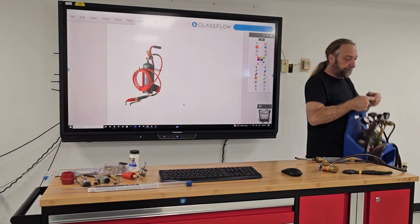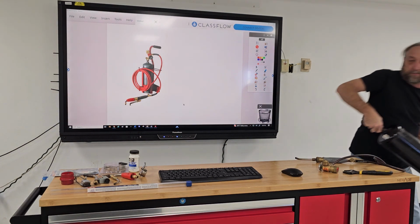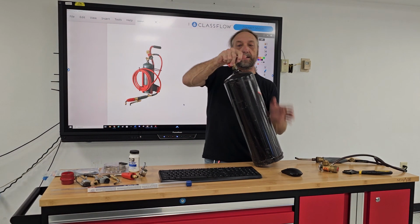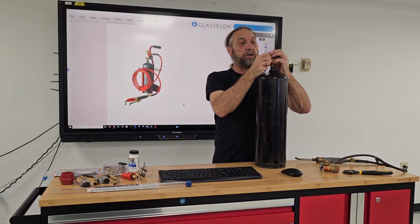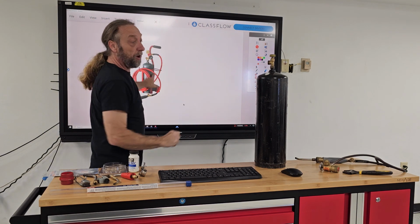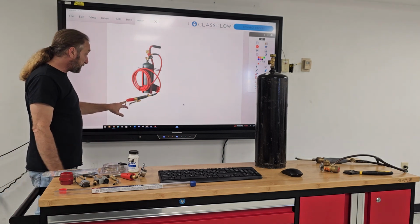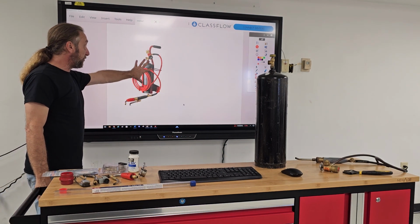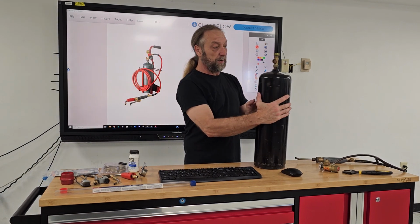So, turbo torch, this is just straight acetylene, like the oxyacetylene torch that I showed you. Here we got a turbo torch set up. This is a smaller tank like the one that I just showed you. We got a brand new tank here. And all it is just one hose and so forth. So let's just talk about it. So this is straight acetylene,